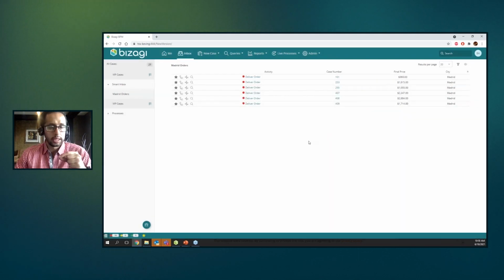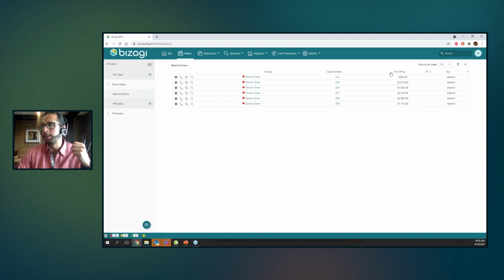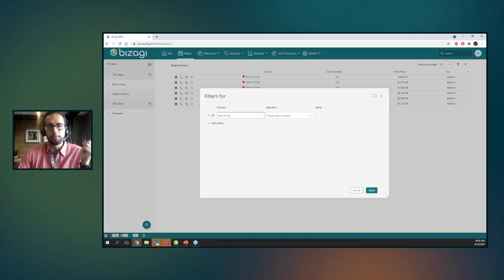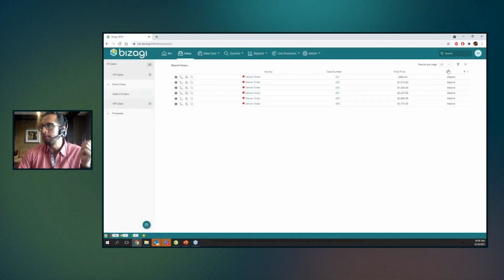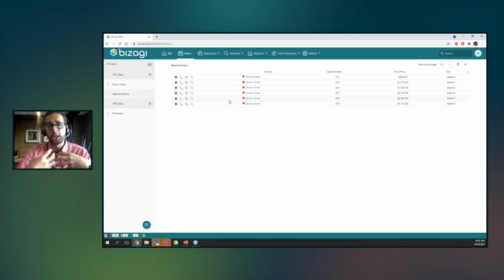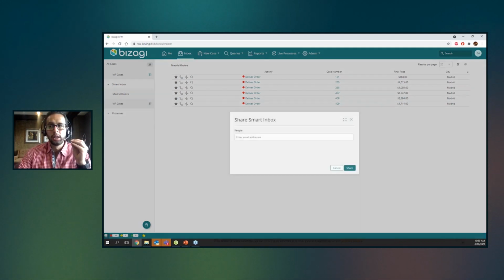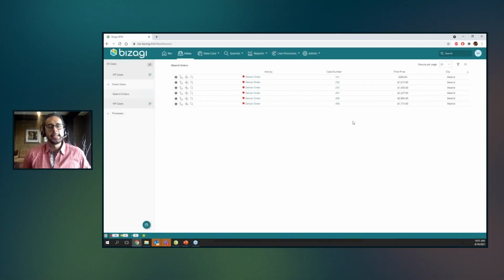Even though you have defined the Smart Inbox in that way, you can then change or add additional filters according to every single column that you want. So you can say, I would like to have this value for this information or the data that I got over there. So in this way, our inboxes are going to be changed over here. If I am the one that created this inbox, I can even share the inbox with other users, and in this way, they will have it. Okay, so these are just some of the features that we have included and that I wanted to show you over here. Okay,